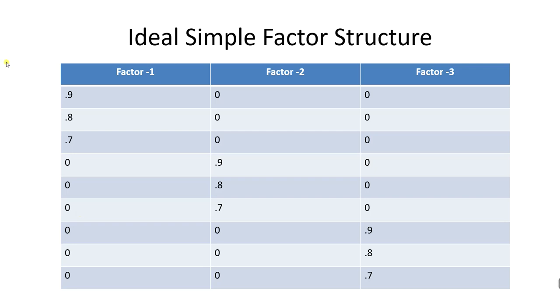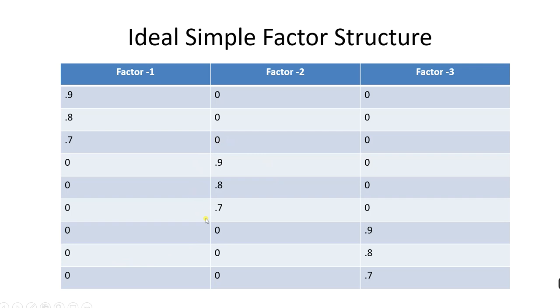So this is a three factor solution. There are three factors and nine variables. On factor 1, the first three variables have very high loadings, and these variables have almost near zero loadings on the other two factors. If you look column wise, these three variables have high loading on this factor, but the remaining six do not have high loading. They are almost near zero loading. This is ideal. We will not get exactly zero, but it will be low. It will be near zero.